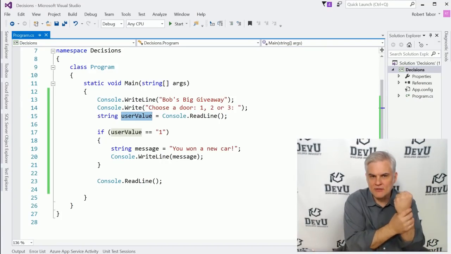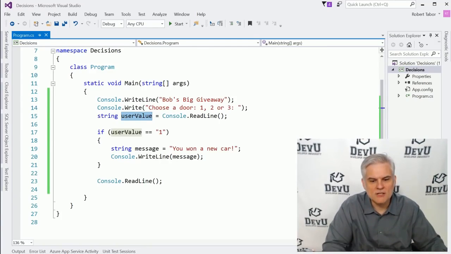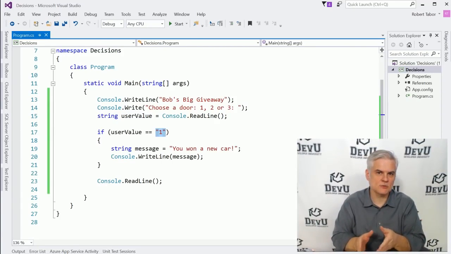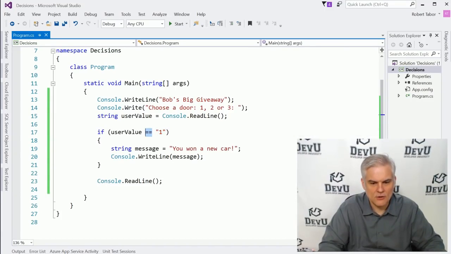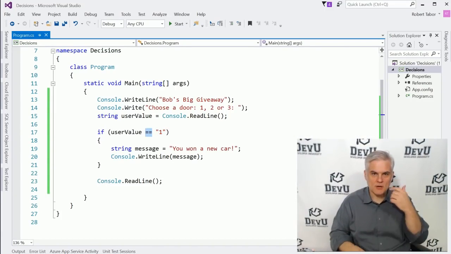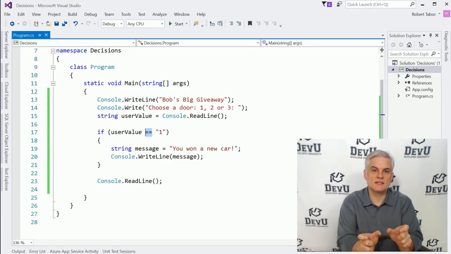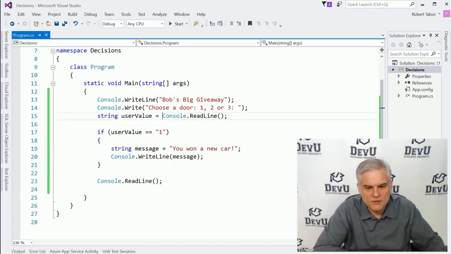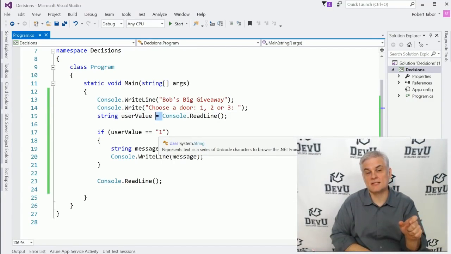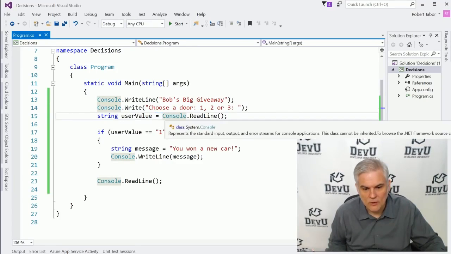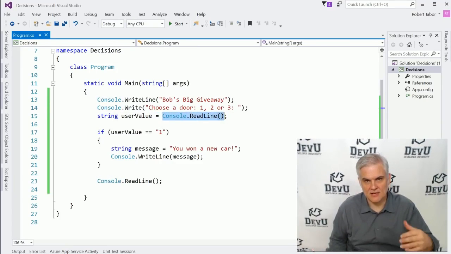We got that now in the user value variable, and we want to perform an evaluation to see if what the user typed in is equal to this literal string number 1. All right, and so here's where hopefully I want to call your attention to this. You can see that I'm using 2 equal signs next to each other. So we already learned previously that a single equal sign is actually an assignment operator. We're assigning the value of whatever the user typed in, in this case in the console.readline, to the variable user value